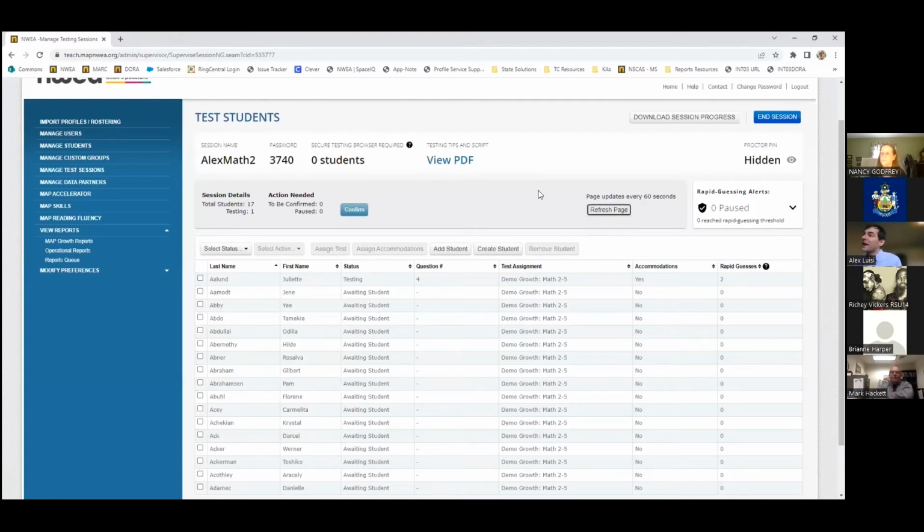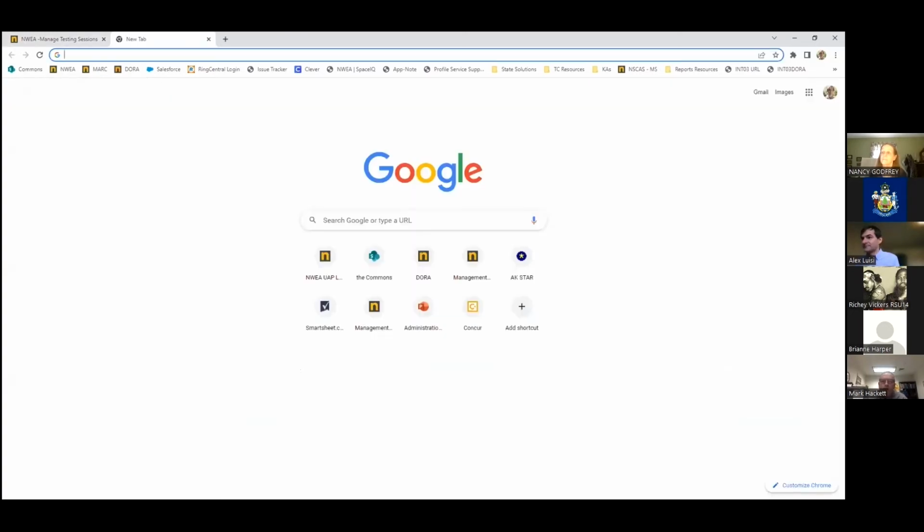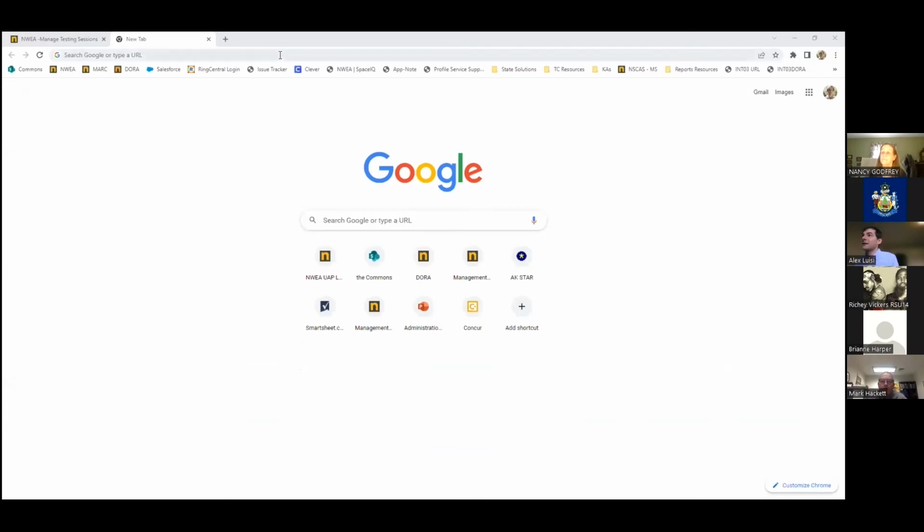If you refresh the page, honestly, the proctor side is not always going to notice that that's happened. The student will still show up as testing. You might notice as you're walking around the room, their device is off. Maybe they're trying to log back in and they're not able to get in. In this case, if you're able to get the student a new device with a charged battery, when they try to sign back in, and I'll go through it here, they might notice,